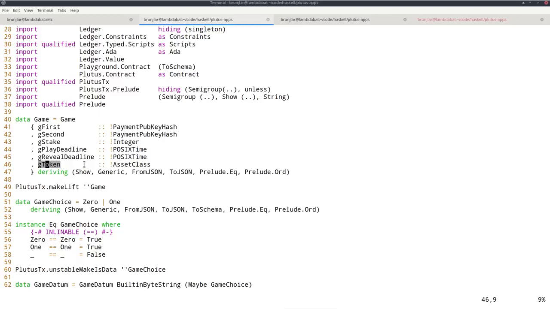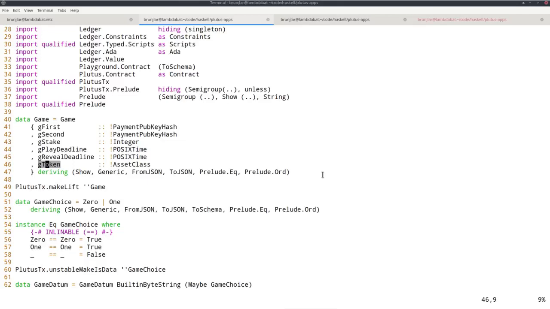The right UTXO. And that's why I need this last field here, the token. So that will be the asset class of the NFT that we use to identify the correct UTXO. Sometimes that's also called a stake token if an NFT is used for this reason. There's an additional reason, maybe even more important than just linking old and new state together, namely that on Cardano,